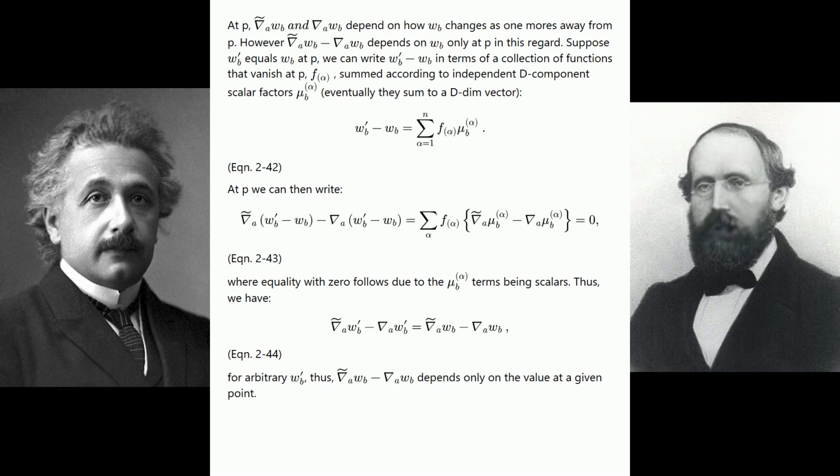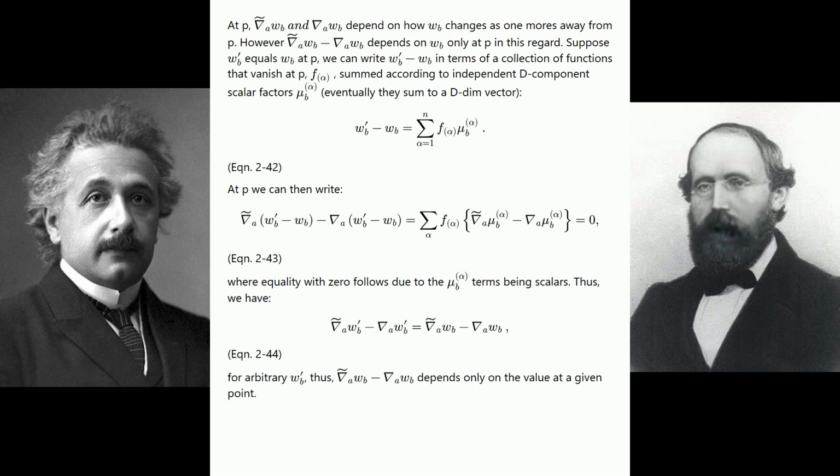We can write W sub B prime minus W sub B in terms of a collection of functions that vanish at P, f sub alpha, summed according to independent component scalar factors mu sub B raised to the alpha power. Eventually they sum to a d-dim vector. See equation 2-42. At P we can then write, see equation 2-43, where equality with 0 follows due to the mu sub B raised to the alpha power terms being scalars. Thus we have,